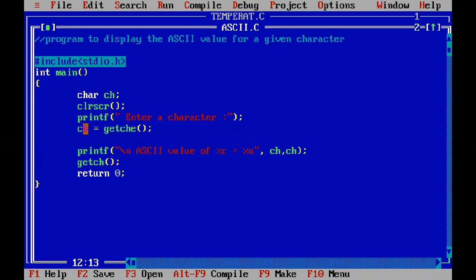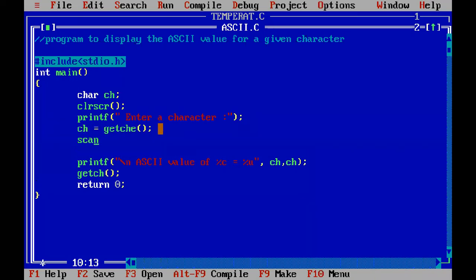Here I have not used scanf, but anything can be used. You can also use scanf to input the value. Because we are using a character, your format specifier will be %c, and then you simply use the variable ch. If you use scanf like this, that is also done. So this is a simple scanf statement, and using this statement also you can read the value.